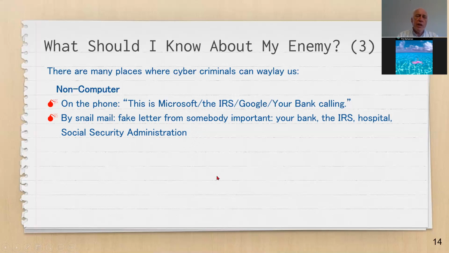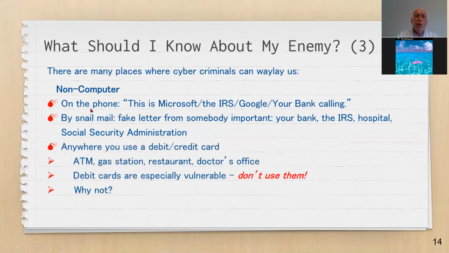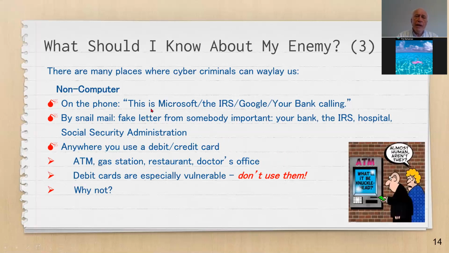Right? So the question then is, if your phone rings and it's Microsoft or Google or whatever, let's say it's your bank. You get the call. This is Bank of America or Wachovia, whatever bank you bank with, Wells Fargo. This is Wells Fargo calling. Oh my God, I have a bank account with Wells Fargo. Wells Fargo tells me there's a big problem with my account and it's been hacked by somebody and they're trying to get my money back and so on. And all I have to do is work with them.